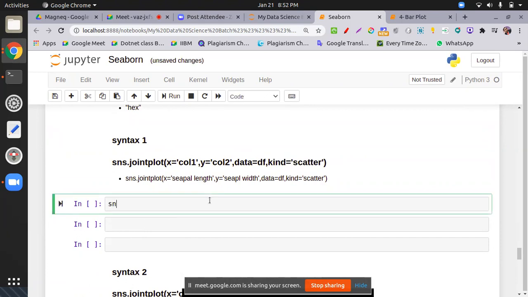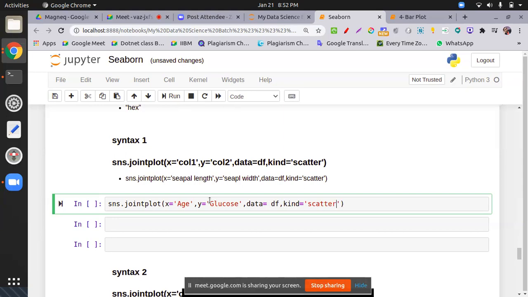For example, sns.jointplot. On the x-axis I'm using age, capital A. Then on the y-axis, glucose, capital G. And third, data: what is the data frame variable? df. Then kind equal to scatter.